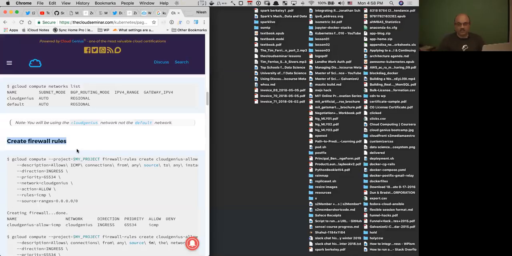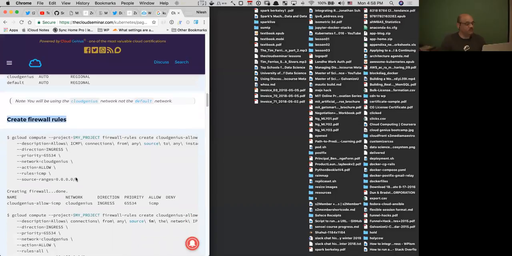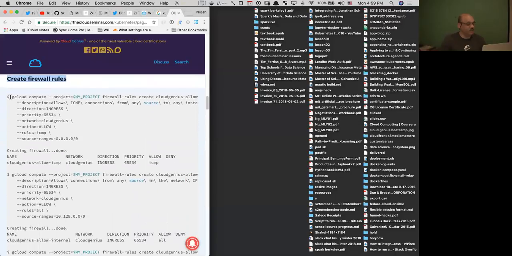Amazon calls it security groups. Google Cloud calls it firewall rules. So we create firewall rules. There are 3 rules we create. One, which will allow ingress, so going into the